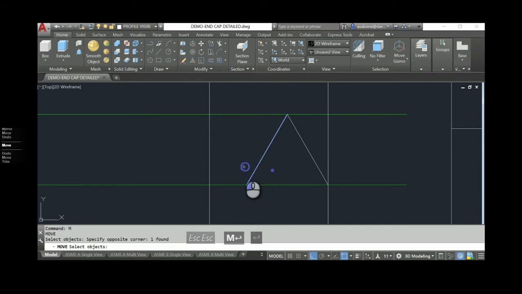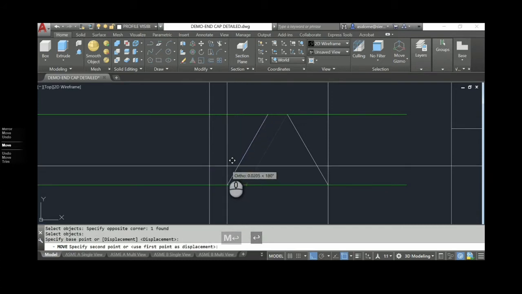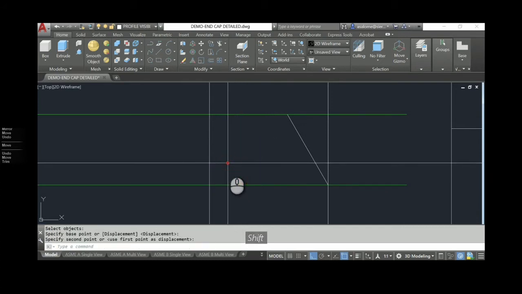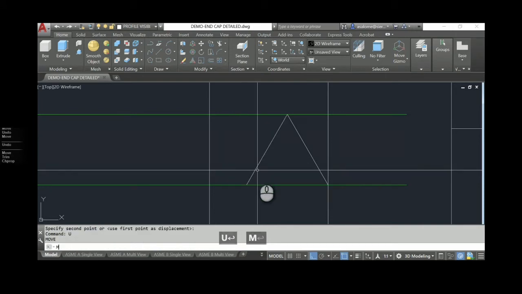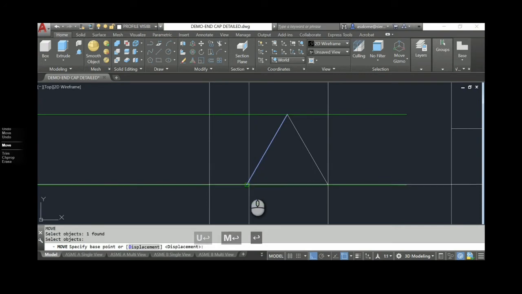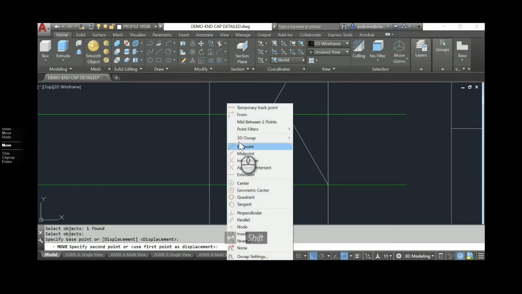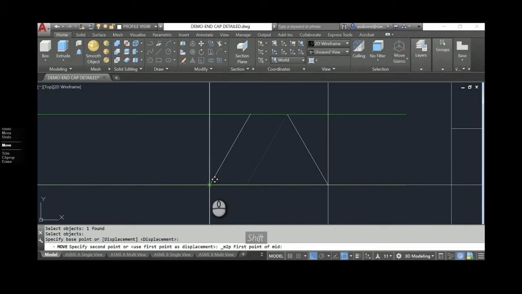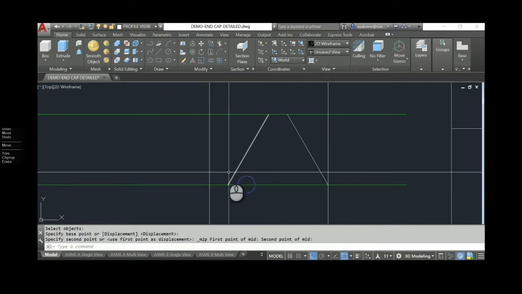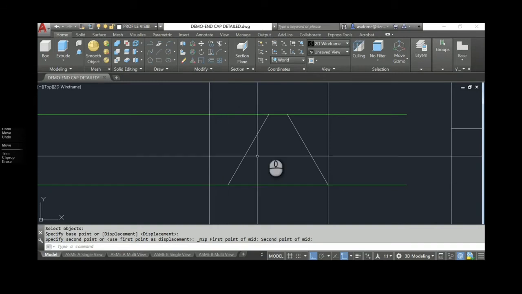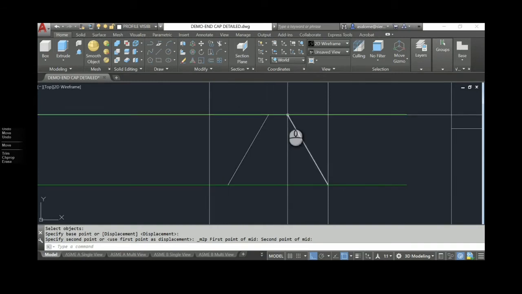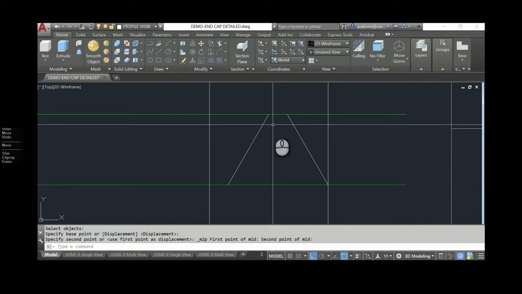I'm going to move that from this endpoint to the shift right click. Oops. Undo. I'm going to move it from this point, shift right click, to the midpoint between these two. It's going to slide that over. And this distance between these 2 points and the distance between these 2 points is going to be dead on exactly the same. And it's absolutely perfect because basically it's a geometric construction.